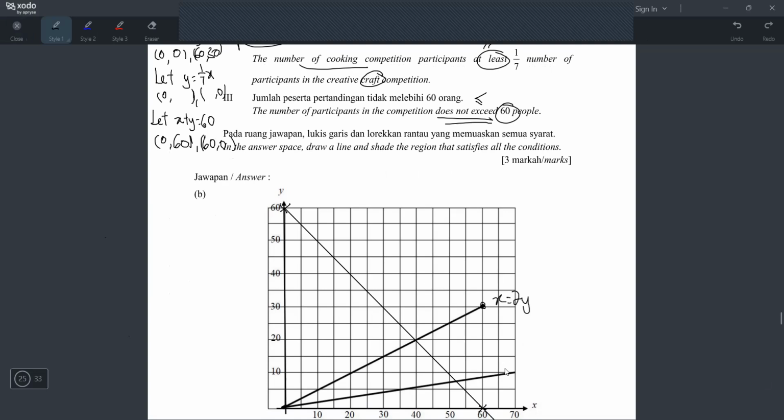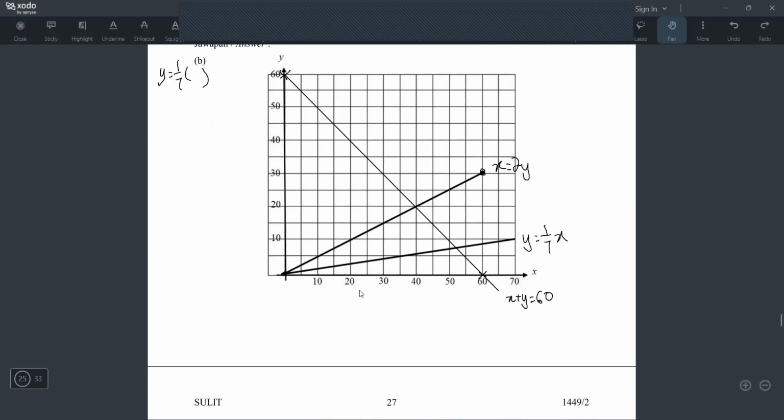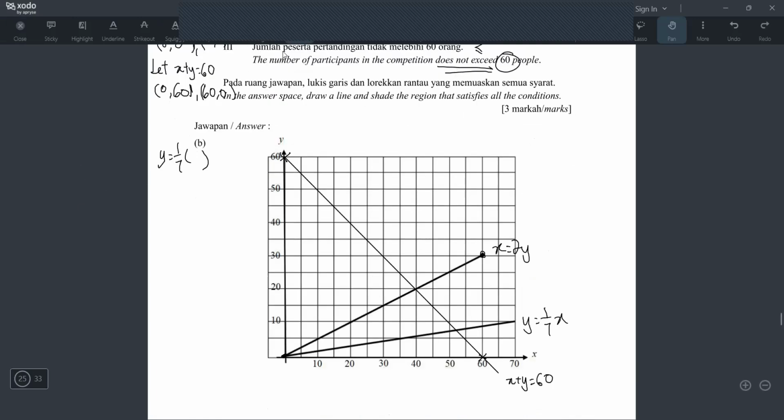Okay, and then definitely the last one, this is y equals 1 over 7x. Okay, but let's find it also. What happens if I ganti x 0? 0 times 1 over 7, y is also 0. And then if you ganti y 0, you will get back x 0. So you have to choose another point. So how do you choose another point? You will look at your equation. Since your y sudah single, now you just figure out what you put inside your x. And x, there's a lot of choice you can choose here. But let's choose 70, because I know 70 can divide by 7. You will get y equals 10.